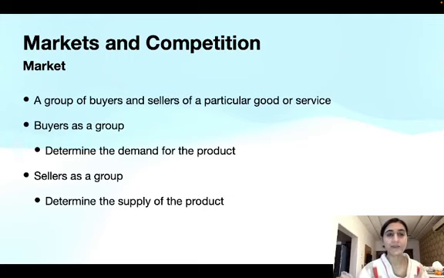A market is a place where buyers and sellers of a particular good meet. Buyers come up with the demand for the product and sellers supply the product. So there is a market for a particular good because there are two parties, one is the buyer, one is the seller, and they want to trade in a particular commodity or service. When buyers come together, they determine the demand for the product, and when sellers come together, they determine the supply